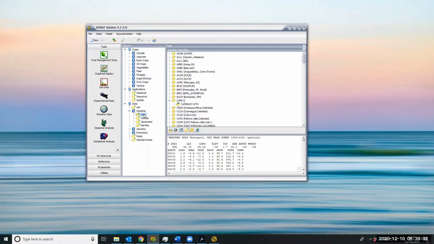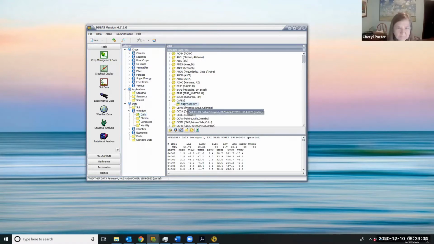Okay. So you can see I've already put the weather file that has the historical data in my weather directory,